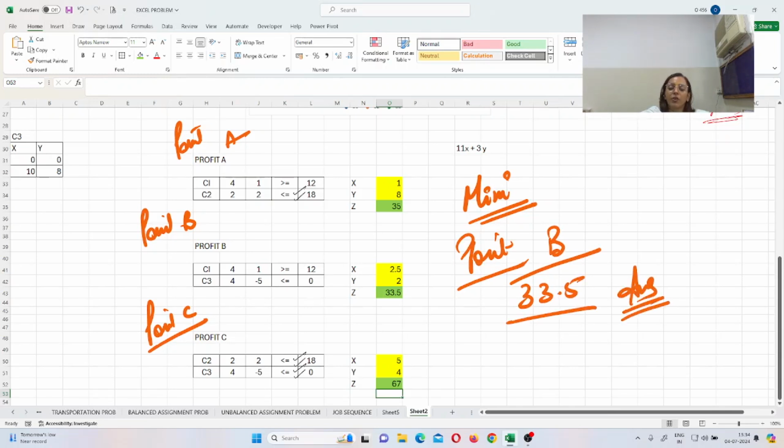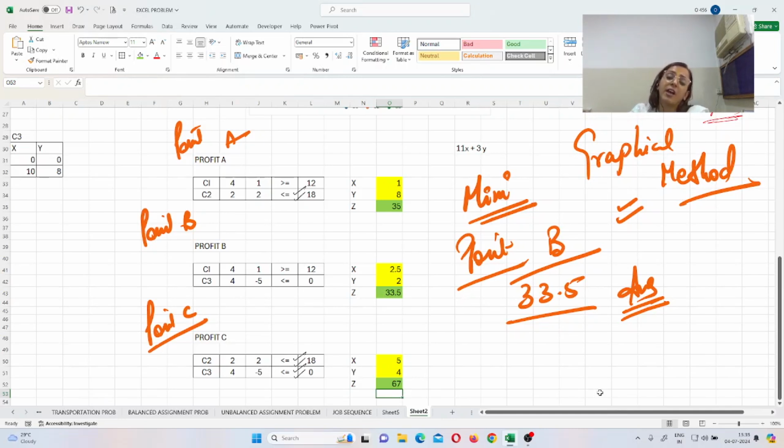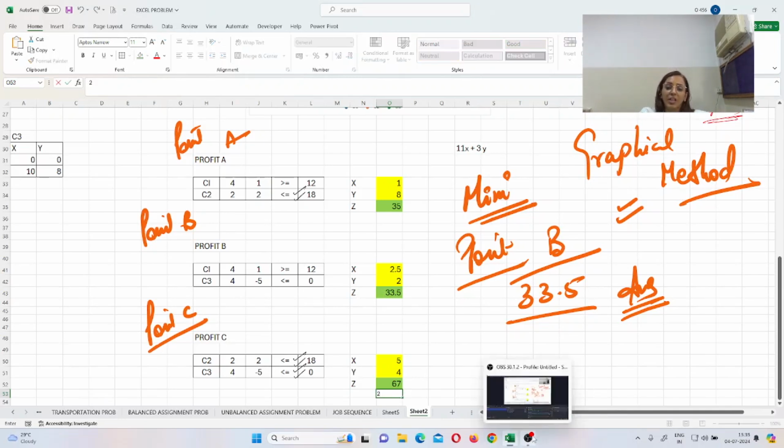This is your optimum answer with the help of the graphical method. Hope you understand this question, that how this graphical method can be done with the help of Excel.